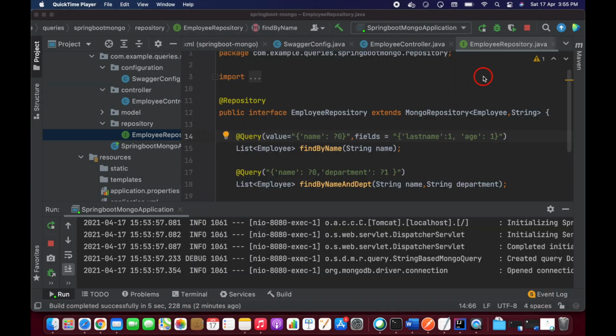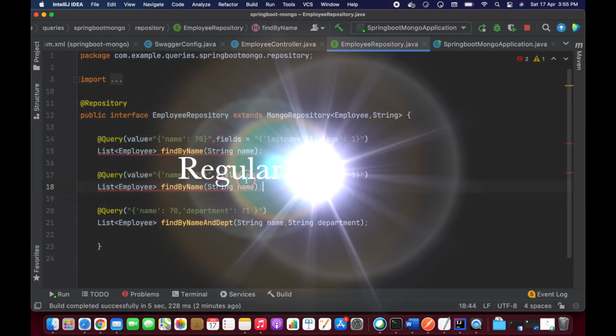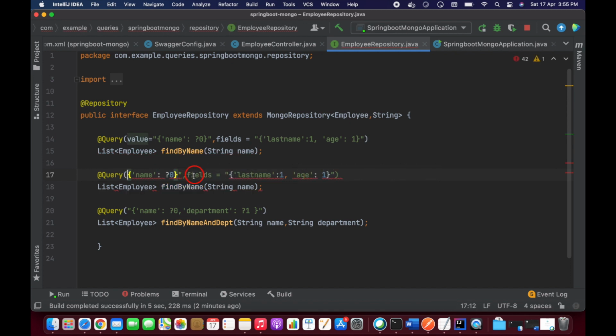Explain about regular expressions. How are you going to use the regular expression? If you observe here, we have find by name here. I'm going to copy the same thing and use the regular expression here. Let's modify this, take this out, this is also not required, guys.